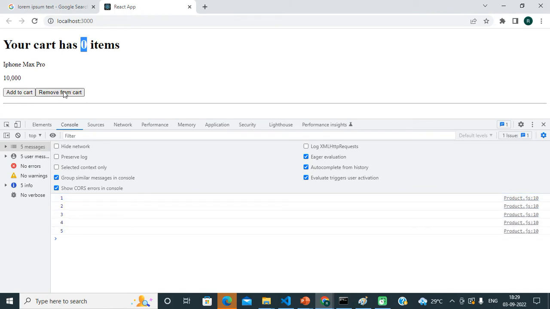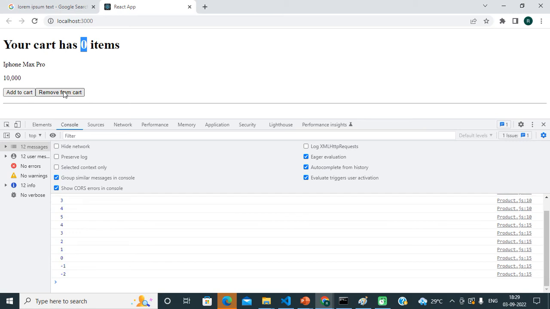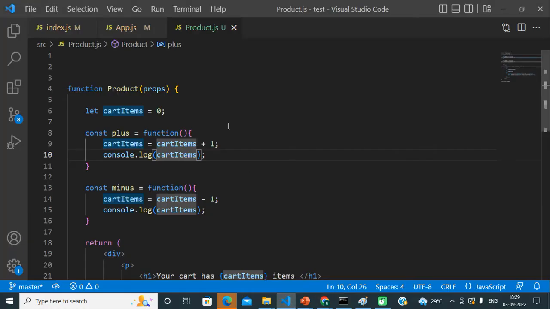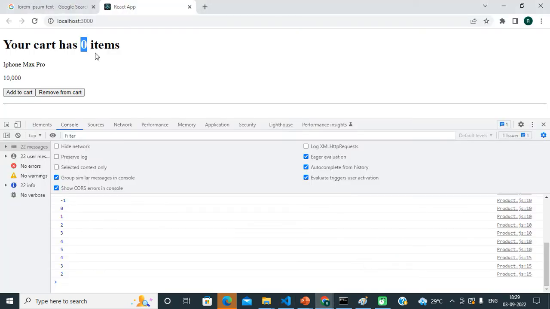If I click on the remove button: 4, 3, 2, 1, 0, minus 1, and again up, again down. So the variable's value is obviously getting updated when I click on the respective button. But if you see here, we are not seeing the result.